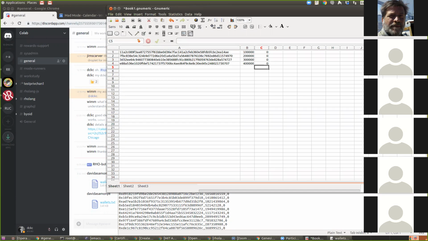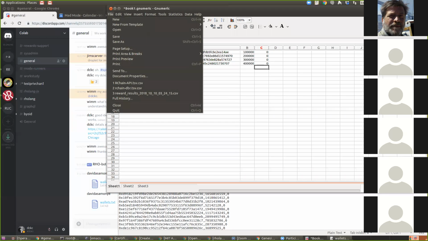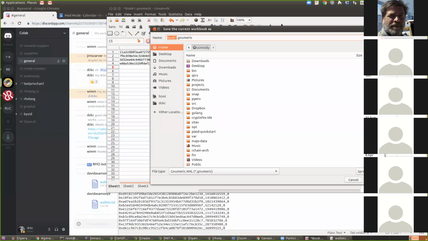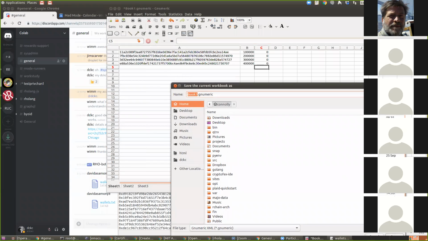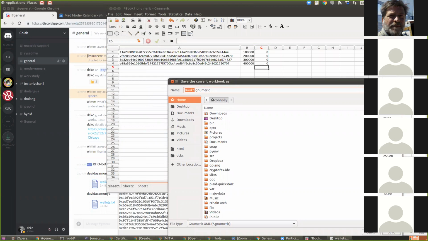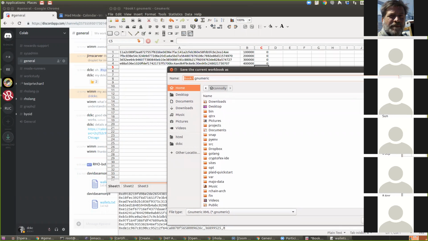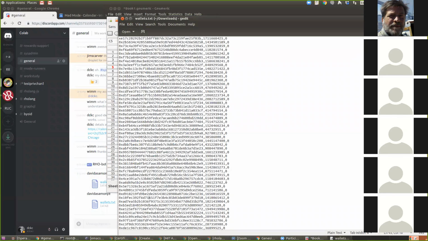Jim, does this look sufficient? Yes. But what you have in the first column is public keys rather than wallet addresses. Same thing. They don't have 0x.